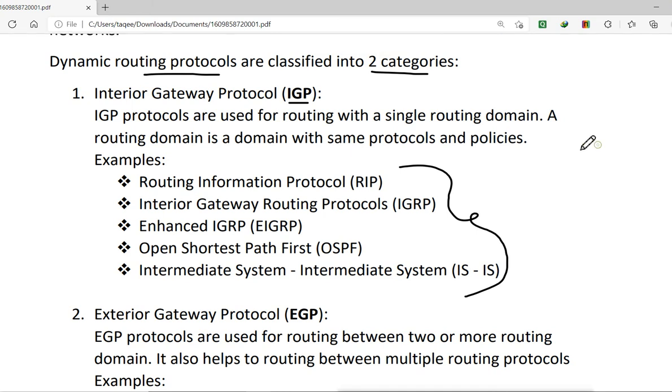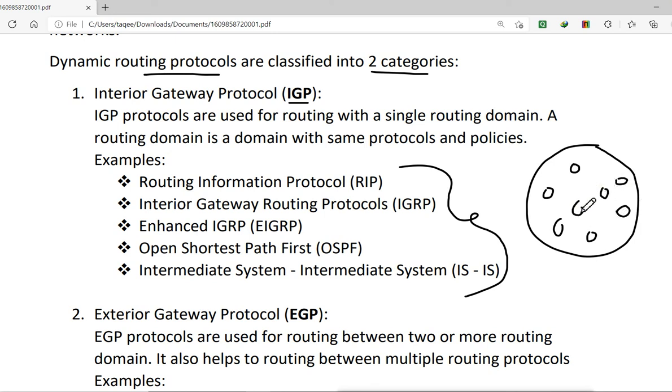Like this, we can say this is our network domain, where we have multiple different routers, and all these routers are using the same routing protocols and policies, and that is why we call this our routing domain. We can compare it with a Microsoft domain. So it is our routing domain, where our data will route within the domain.